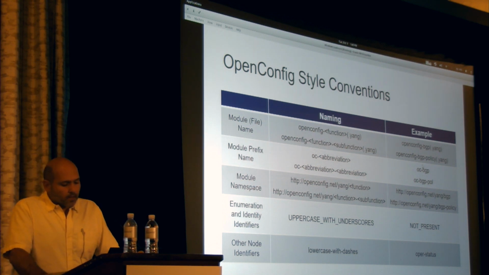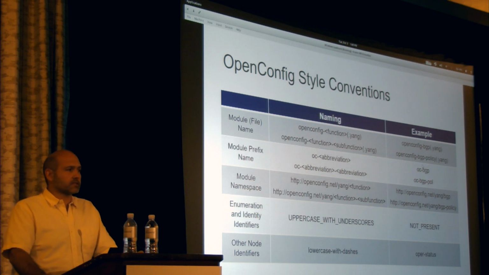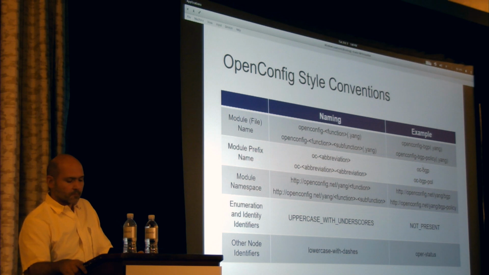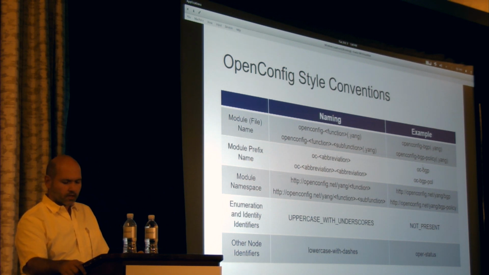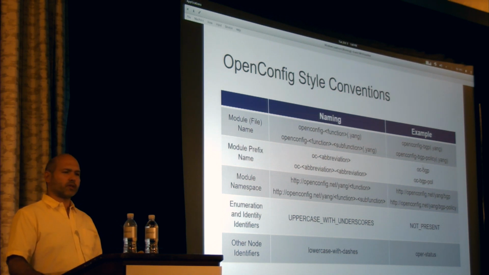Another naming convention that they use is for the namespace. In particular, for the case of XML, you have a namespace for your data, and they follow the notation of openconfig.net/yang/function/subfunction. So I show examples of the namespaces that you may see for BGP or for one of the subfunctions of BGP. In terms of identifiers, and this is important because this is going to be reflected,